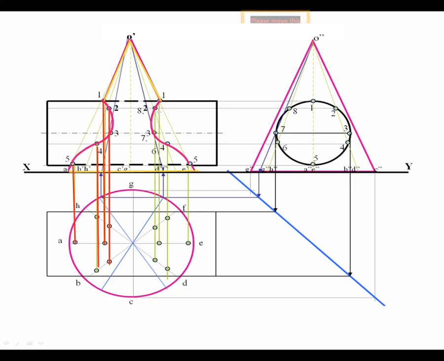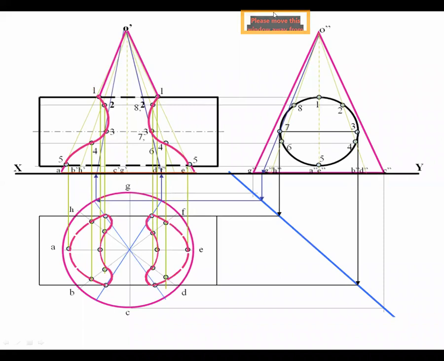Same you have to repeat for the right hand side points, point number 1 to the point number 5, 2, 3, 4 and 5, like this way. So whatever the points we get in the top view, with the help of these points, just join all these points in the top view with the help of French curve. So you will get the shape like this.